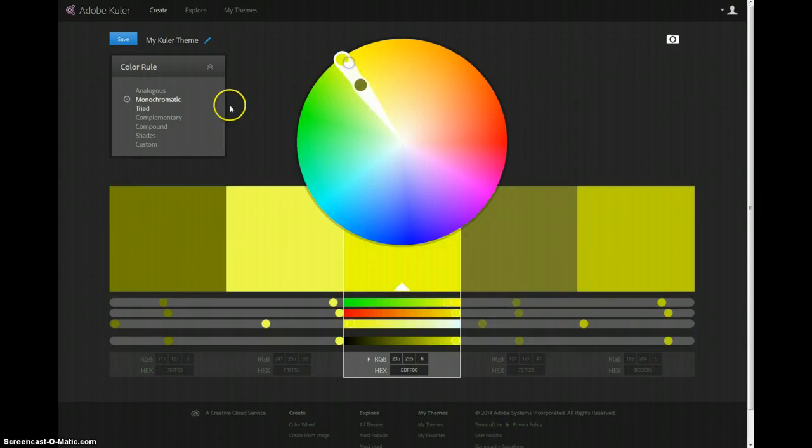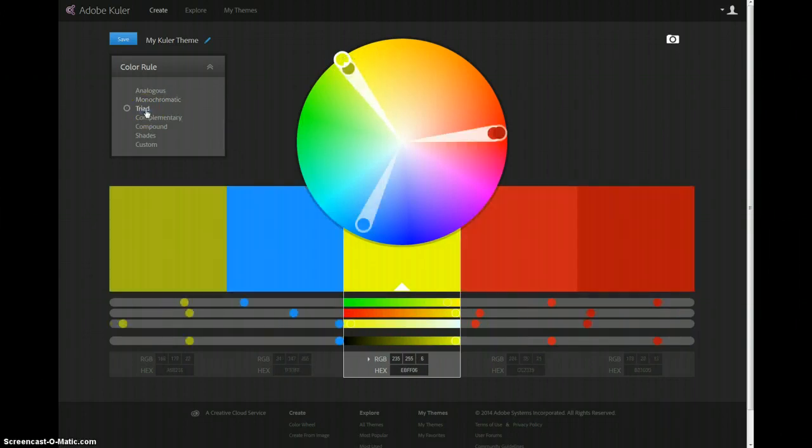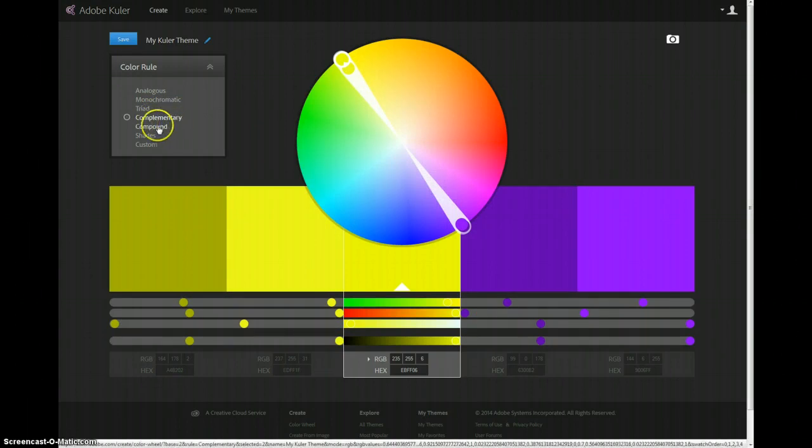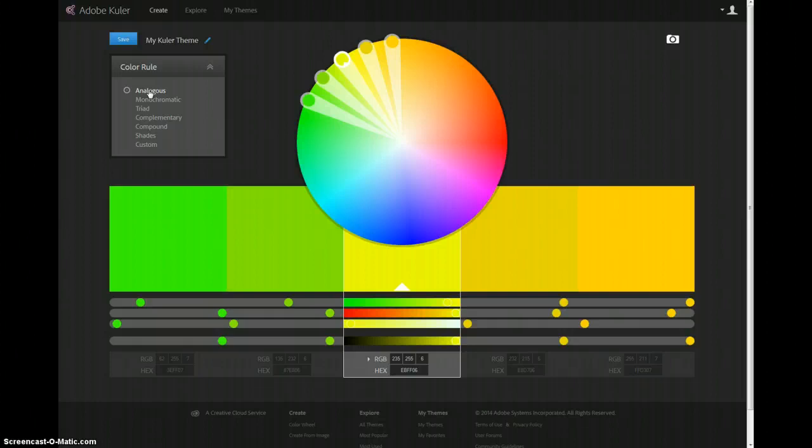So as you can see, this is a super cool tool. It will give me a triad, a complementary color scheme. It lets me play all day and it is fun and I like it. Another thing you can do, in addition to spending an hour and a half accidentally playing with color schemes,